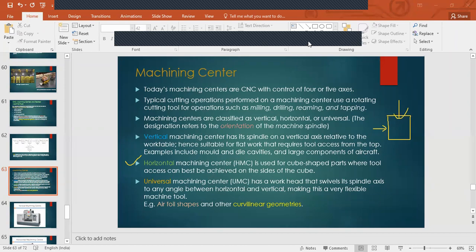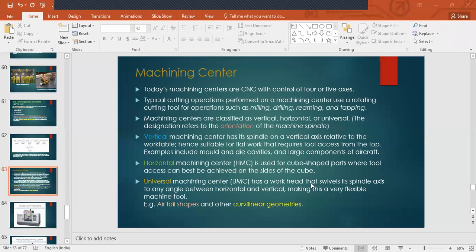Universal milling center has a workhead that swivels its spindle axis to any angle between horizontal and vertical, making this a very flexible machine tool. So universal, as the name suggests, you have it at any angle you can set it. There's a swivel block which will rotate, right?